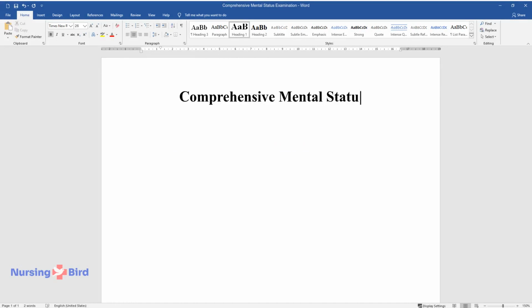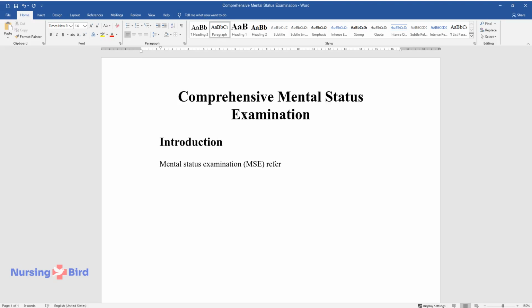Comprehensive Mental Status Examination. Introduction. Mental Status Examination, MSE, refers to an organized way of studying and describing the current status of a patient's